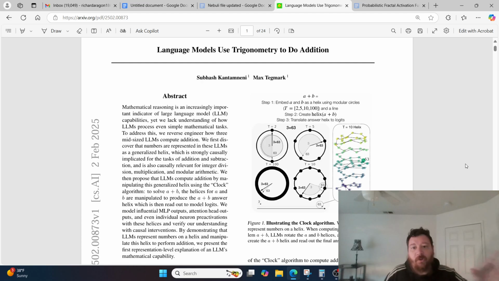I have theorized for a few years now that LLM models use a system similar to this. I didn't know it was an exact helix system. I didn't know the exact dial, but I could see it. So taking a step back, the bottom line is, and I'll state it outright: